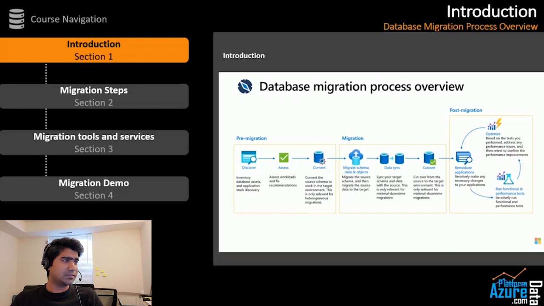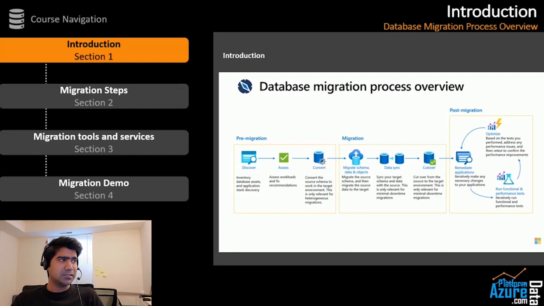Second one is assess. Okay, so you are going to assess your existing workload to bring it to Azure, whether your existing workload is compatible with your Azure deployment model or not. Now, as I said, there are two possible options if you are trying to bring your on-premise SQL workload to Azure. One is Azure SQL Database, and another one is Azure SQL Managed Instance. So this assessment will help you in understanding that which will be a better option for your particular workload, right? And we'll talk about those things, that how you can perform the assessment on that.